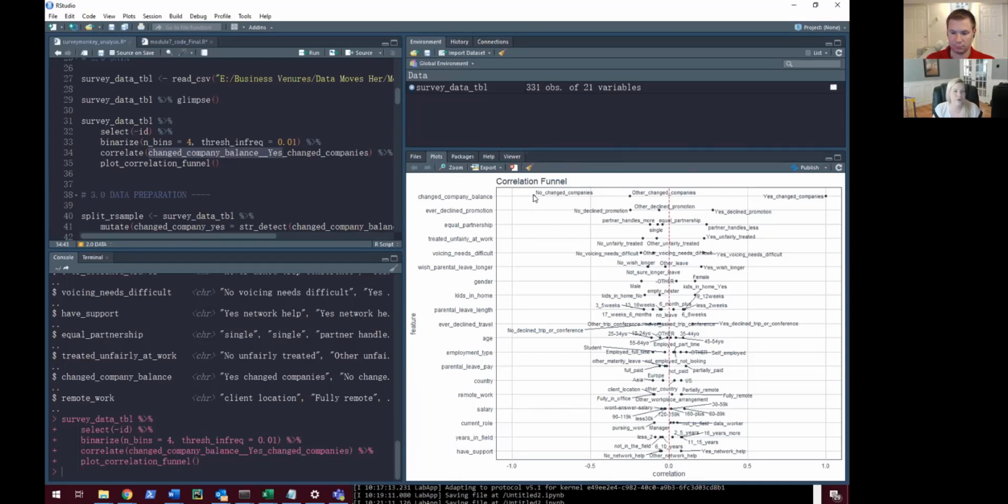And no is negatively correlated with it, because obviously you can only be no when you're not yes. And then there was an option for other, and that's why this is not all the way to -1. So what we're looking at here is all of these variables being correlated against, did you change companies? Yes, right? And we see the things that are most correlated are people who have previously declined a promotion,